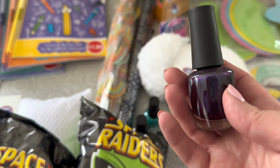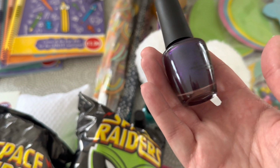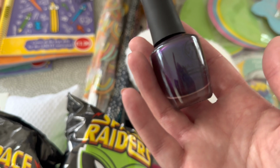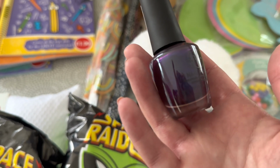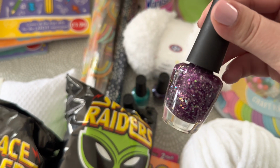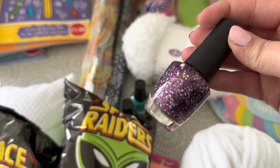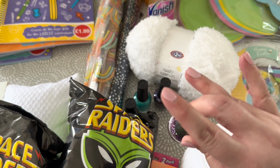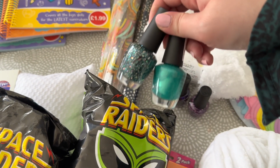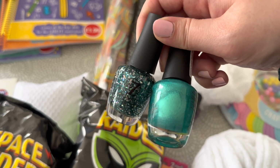They had so many different colours, but I picked up this really rich purple because my purple one's a number 7 one, but I've had it really long time and I wear it quite often. It's gone a little bit gloopy. So I picked that one up, and there was a glitter to match. So I picked that up because on your ring finger and this finger, a little bit of glitter looks really nice. And then I saw these two, and I do have a similar teal colour, but this one,